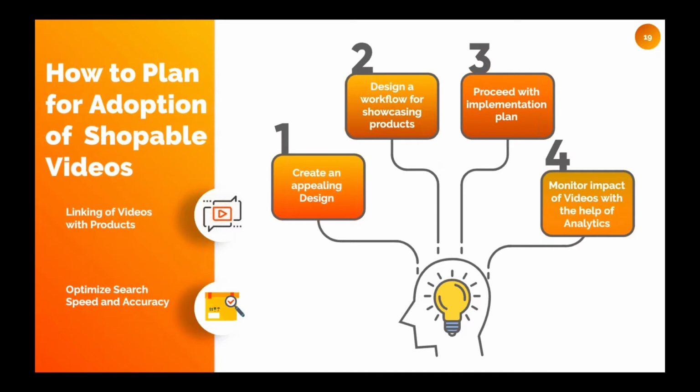At the same time, whenever you are having your analytics, you also have to monitor the impact of the videos, how the videos are being utilized or watched by the users, and how they have been converting the videos into actual purchases. In the actual industries, multiple software companies and merchants are implementing these kinds of strategies, which consist of automatic mapping of products and objects appearing in video, a set of advanced and smart algorithms using intelligent integration of artificial intelligence, enabling an optimized search at lightning speed with a high level of accuracy,